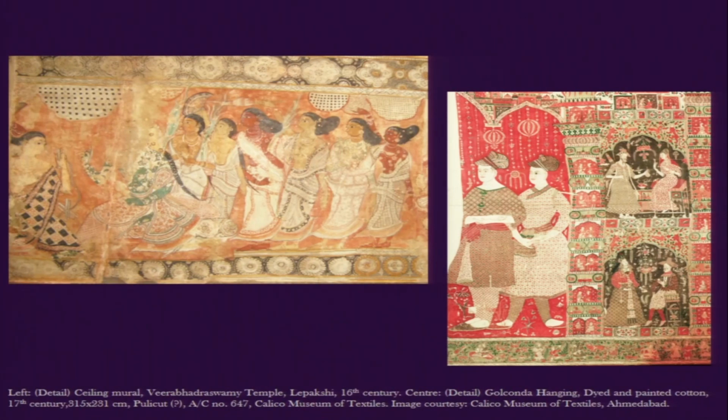But except for those references that we have directly between these two visuals, on the right side we have a fragment of a tent hanging from the collection of the Calico Museum, and this is a tent textile. What we see is that it's not really just a visual reference, that there is a pattern and one copied from the other, or the other influenced someone else. But one perhaps needs to understand that sometimes those murals are more permanent sources for keeping the references than the textiles, which are meant for utilitarian purpose.